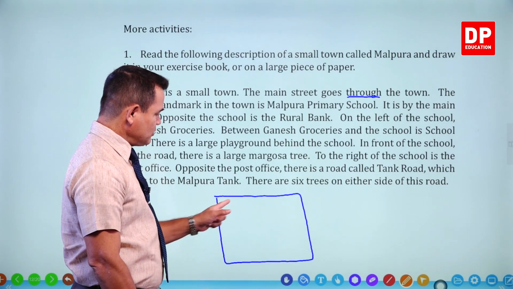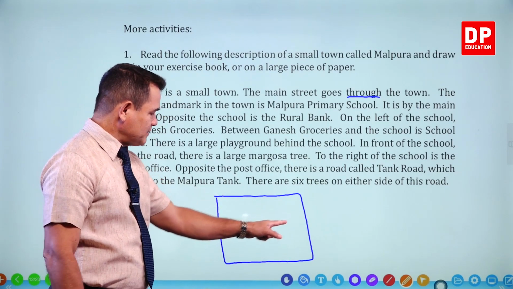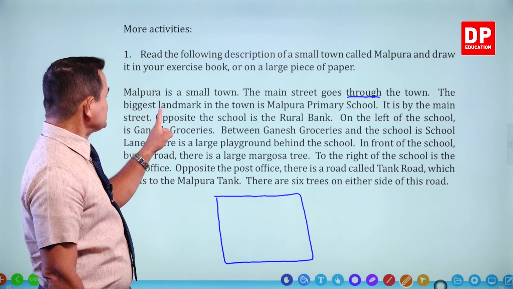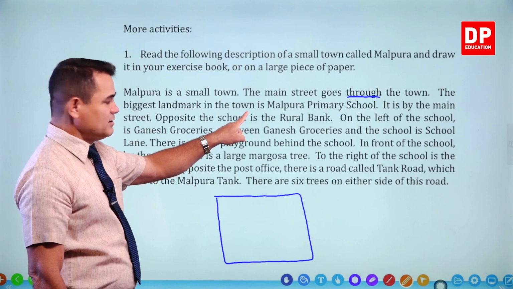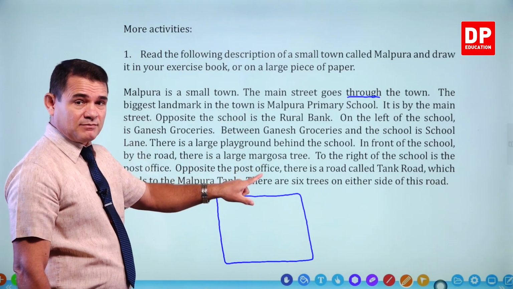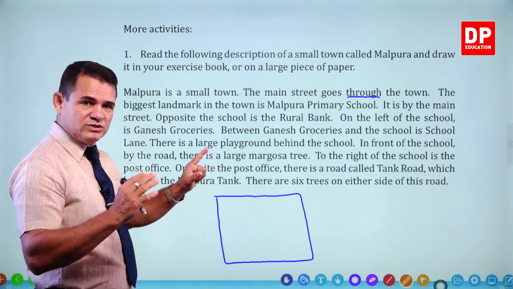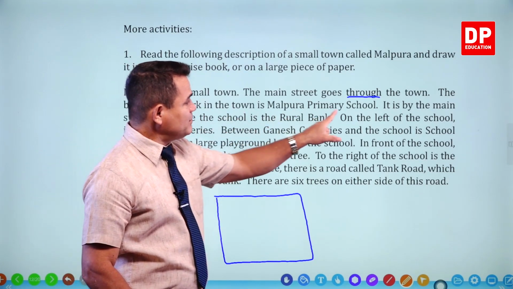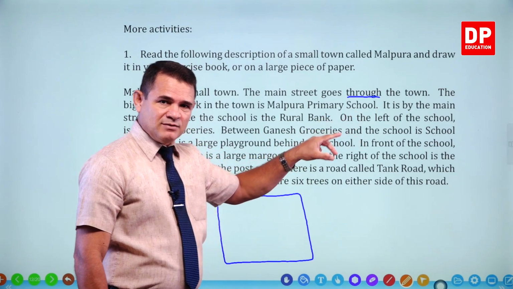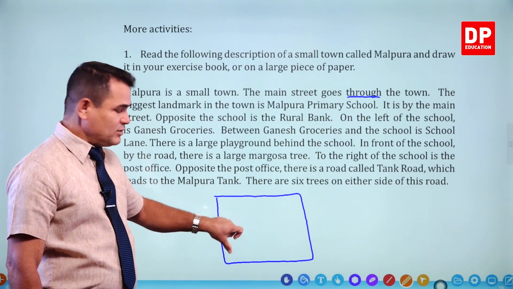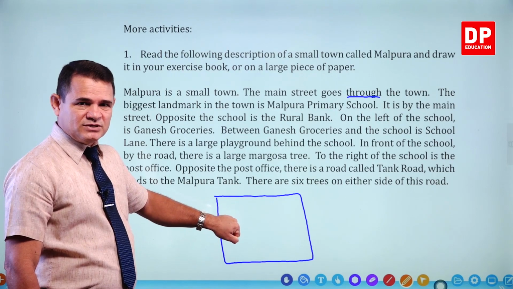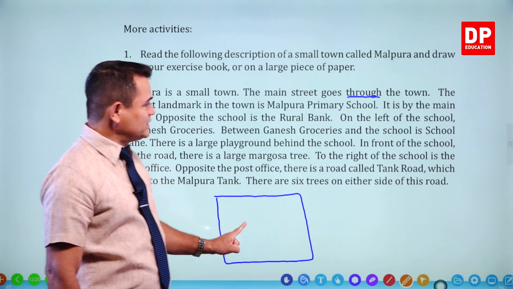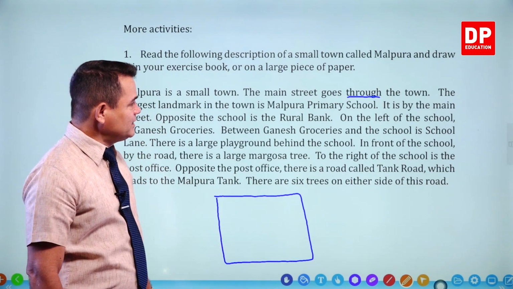දැන් මේකේ කෙරෝලකින් නෙමෙයි එහෙනම් අඳින්න ඕනි මැදින්. Right? Through the town. The biggest landmark in the town, town එකේ තියෙන සුවිශේෂීම ලක්ෂණය ලොකුම landmark එක තමයි is Malpura Primary School. එහෙනම් Malpura Primary School එක තමයි මේ town එකේ තියෙන ලොකුම විශේෂම තැන. එහෙනම් ඒක තියෙන තැන කියලා නෑ තාම. අපි බලමු කොතනද කියලා. You have to draw it correctly.